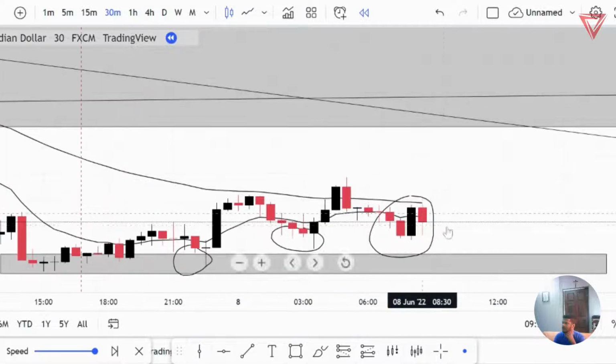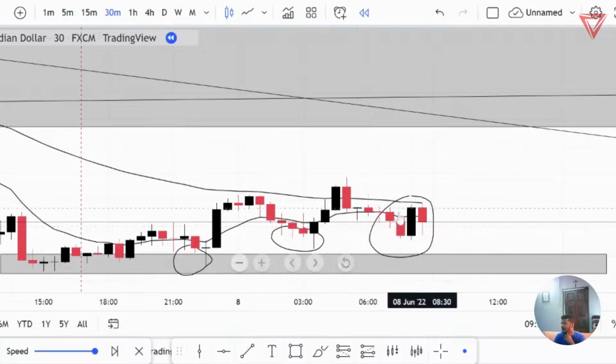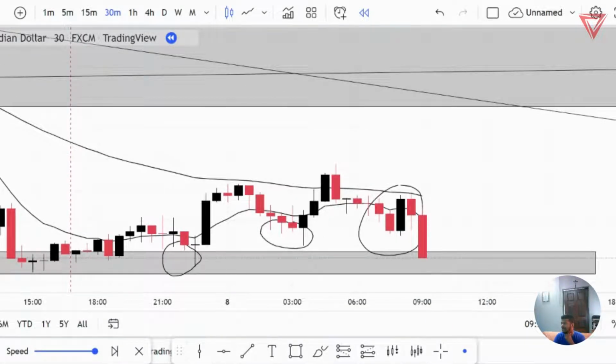So I'm looking at all of this and I'm saying, all right, it still looks to be very much bullish, right? So let me play one candle, and this one candle is coming back into the zone again. That's interesting. Let me play one more. Now in a case like this, in a live setting, I would wait. I would not change my time frame. I wouldn't do anything. I would wait because I want to see how price reacts to this area down here. So I'll play one more candle,